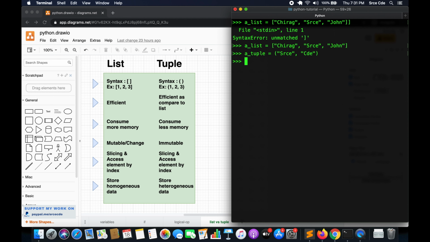Or it can be the first name, the location where he stays, the state name and the country name. So this pattern it will follow. It's a kind of heterogeneous data, but again, it depends on the type of data and how we define the semantics of that data. Homo means the same type and hetero means different types. It is not mandatory to store heterogeneous data in a tuple and homogeneous data in a list. It's advisable, a suggestion to store that kind of data respectively. But you can store any type of data within list and tuple. It depends on what you want to store.